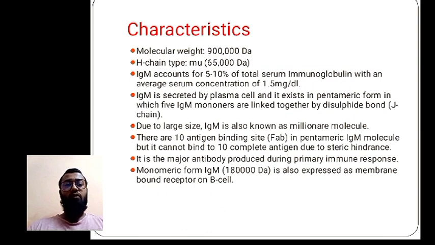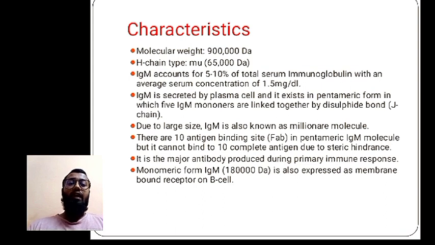First response immunoglobulin means it is present in the primary response, and it is the first immunoglobulin secreted. Therefore IgM is in a very small amount, and when the concentration of IgM decreases, then other immunoglobulin like IgG is secreted. So the first secreted immunoglobulin is IgM, and IgM is secreted mainly by the plasma cells, and it exists in the pentameric form.